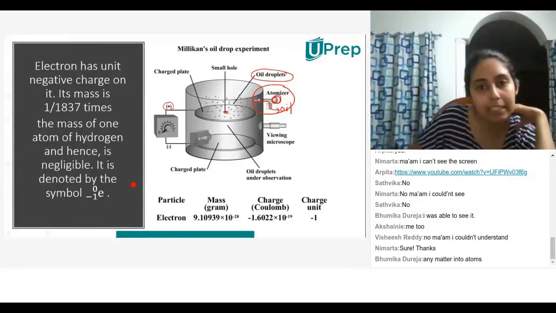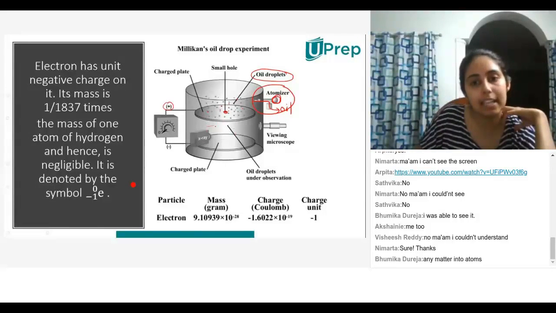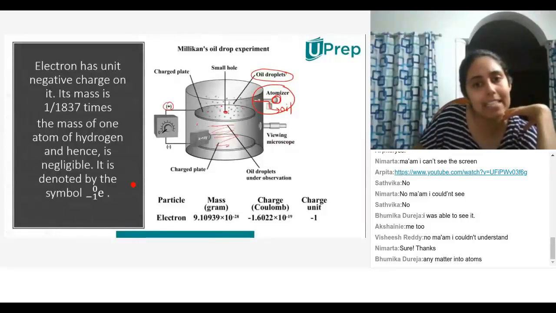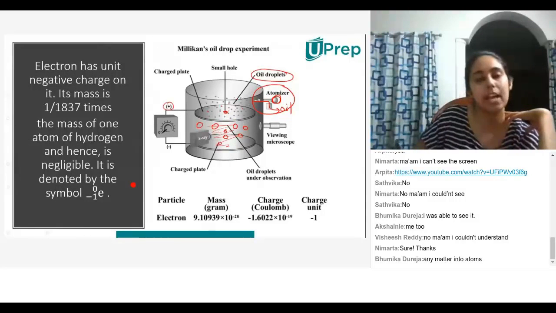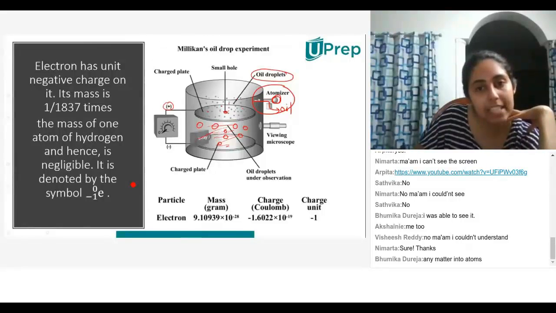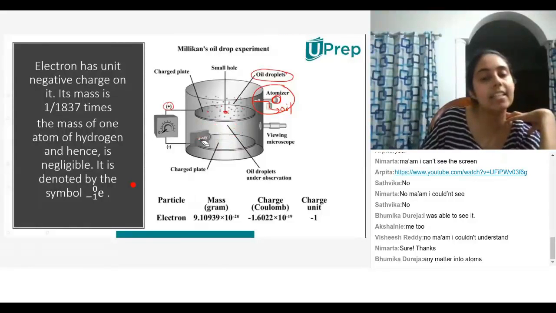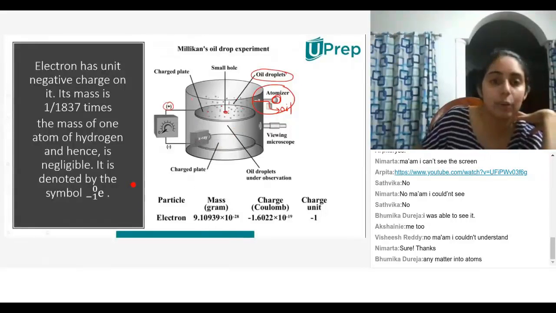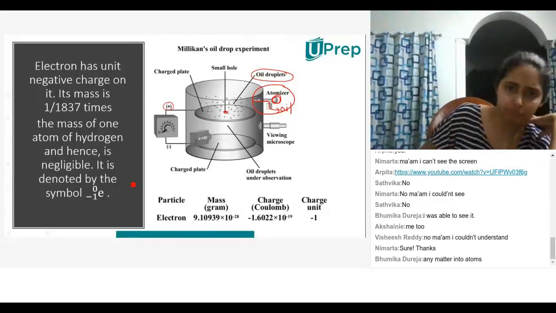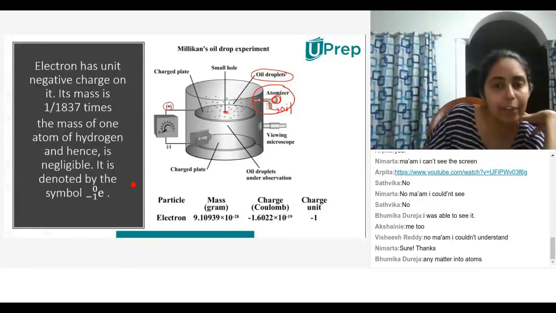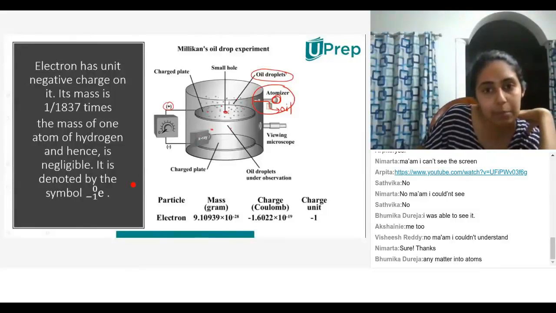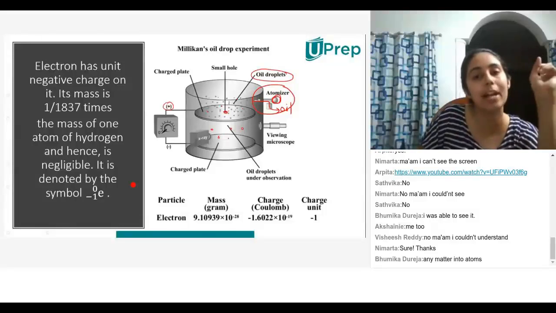Now these oil droplets fall in through this plate, and there is some gas present over here, okay? Inside this region there is gas present, and that gas has its own atoms. So when these X-rays pass through these gas atoms, what happens? X-rays contain electrons. Cathode rays, yes, they have penetrating power. So when these X-rays pass through, first they are passing through atoms of air, not the oil droplets.